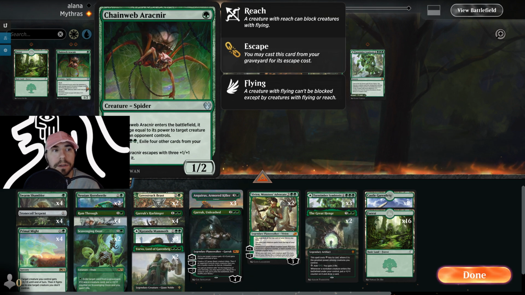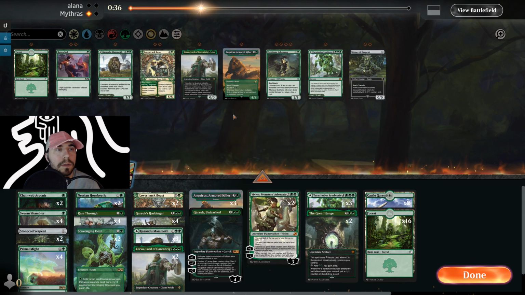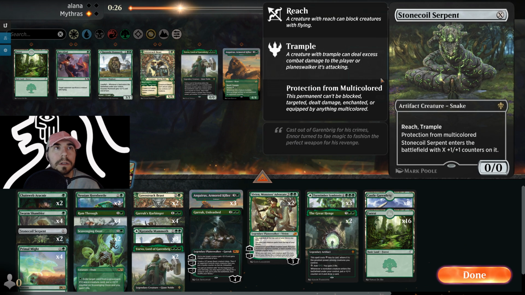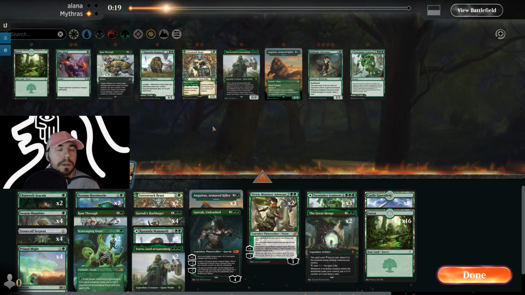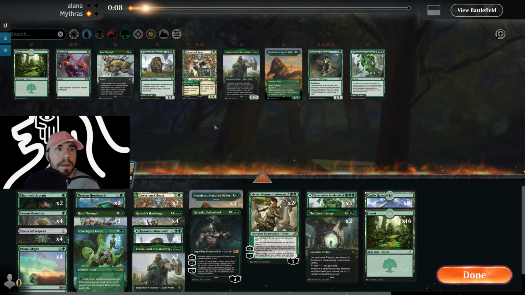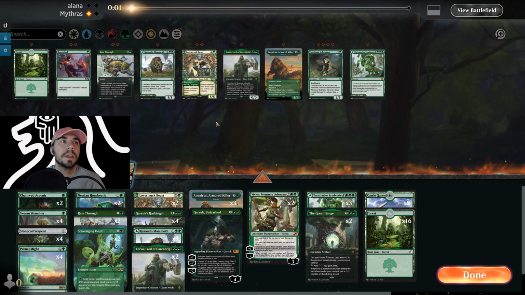This one wouldn't be bad either, because of the flying. I might do that actually. We'll add 2 of those guys in. Let me think here. Stone's still good. Maybe we go 1 less Ram Through. Maybe we go 2 less Ram Through. Yeah, we'll try that. So I've decided to go Chain Web because I got a bunch of 1/1s on the